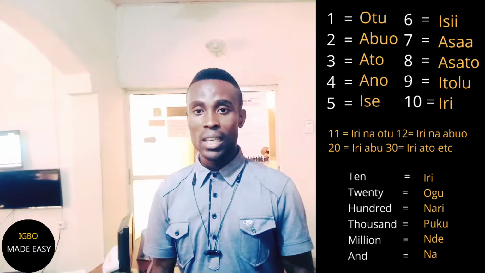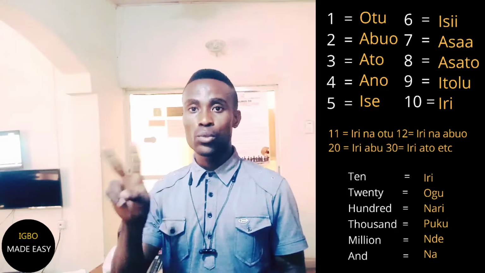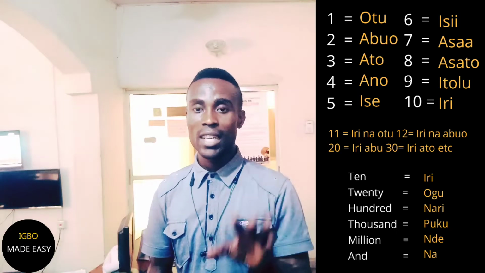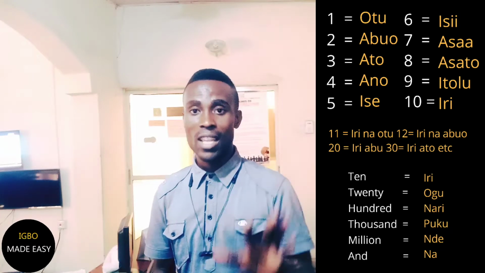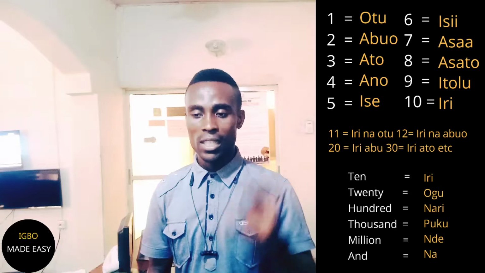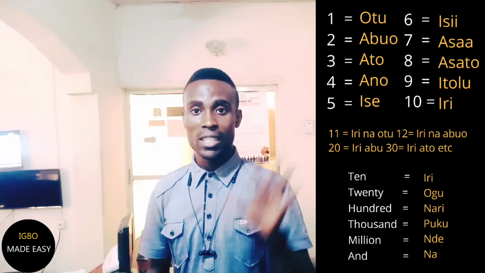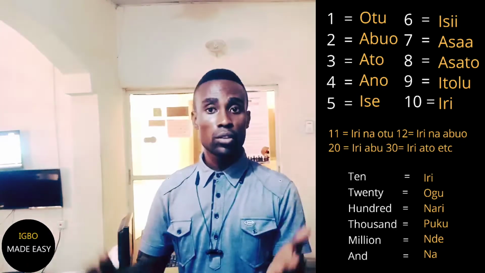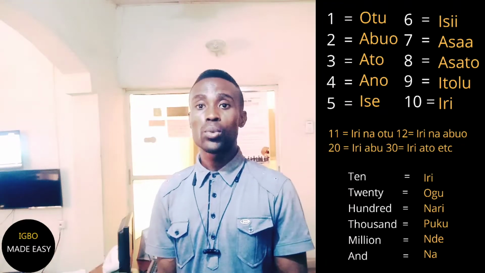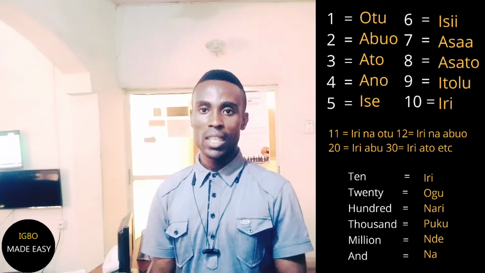What is 20? 20 is 10, 2. You just say 10 and you say 2. You see, what is 30? 30 is 10, 3. 40 is 10, 4. 50 is 10, 5. So if you know your number 1 to 10, you can count from 1 to 100 in Igbo. So let's do 20 in Igbo to